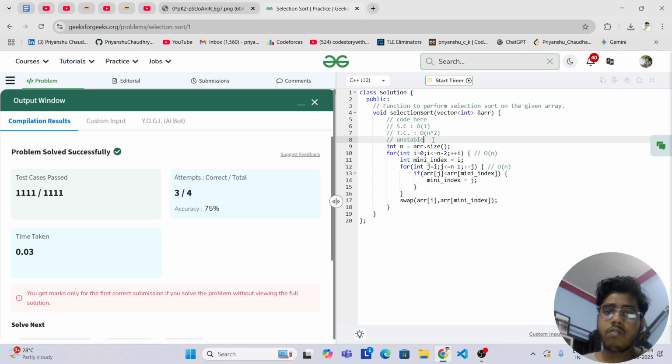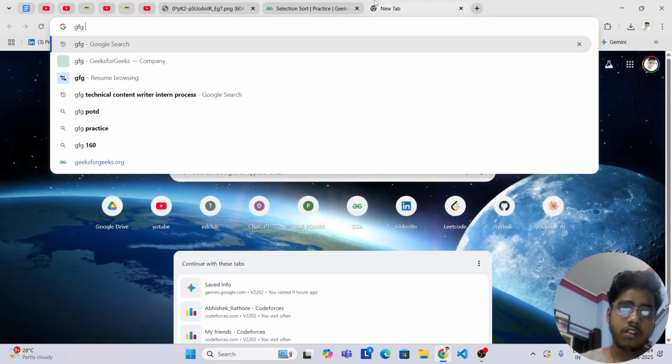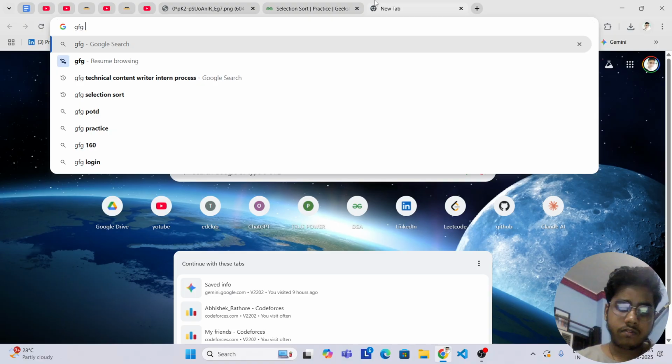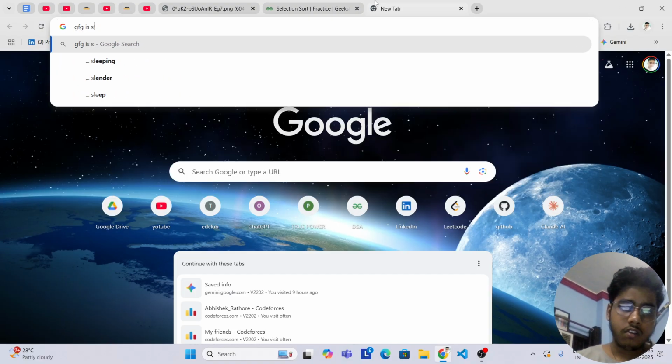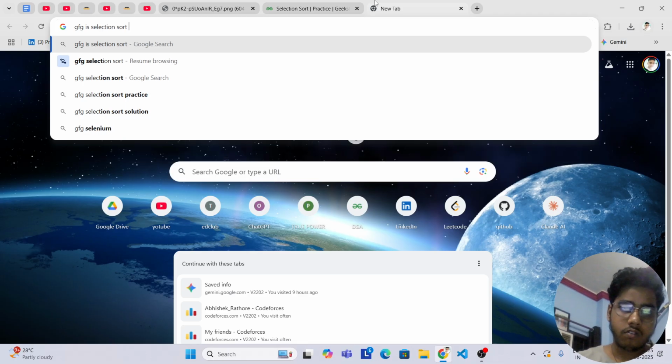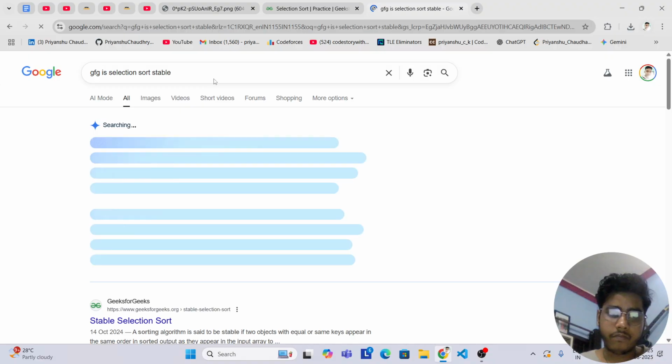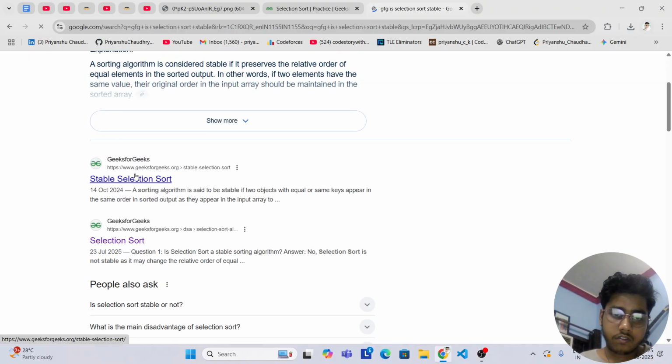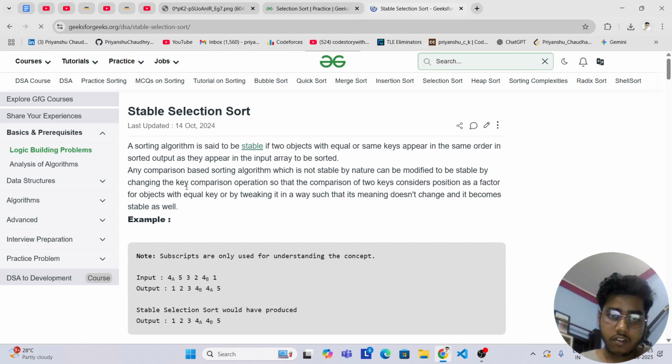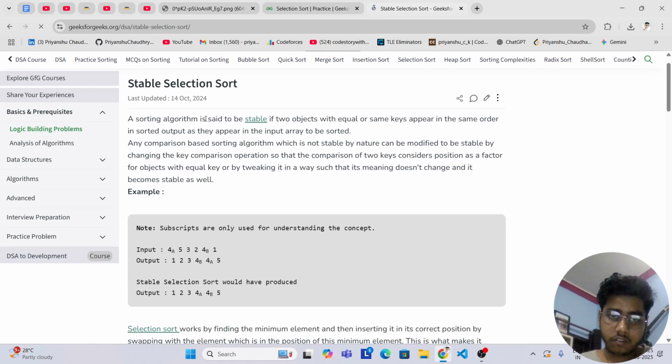But from what I have read on the GFG portal, if we look at GFG for the question of whether selection sort is stable, we see that an algorithm is said to be stable if two objects with the same keys appear in the same order.